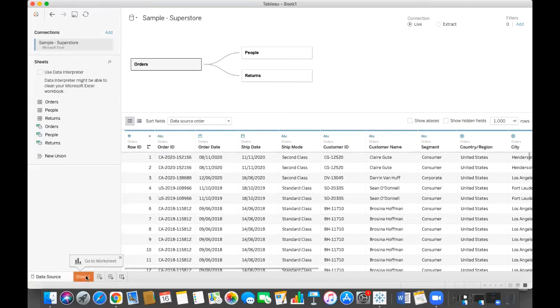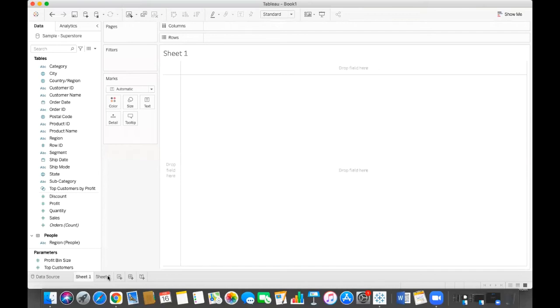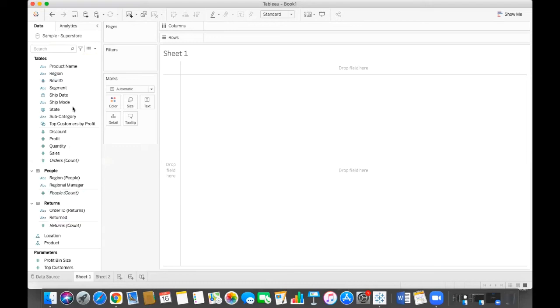So if you go downside, you can see Sheet 1, and it basically adds a new sheet. Suppose you want to continue the visualization, you can use this one, add new. So you can add a new sheet. If you come to Sheet 1, you will see there is a data pane. Inside the data pane, you will see the column names, right? These are the column names which are associated with those tables,